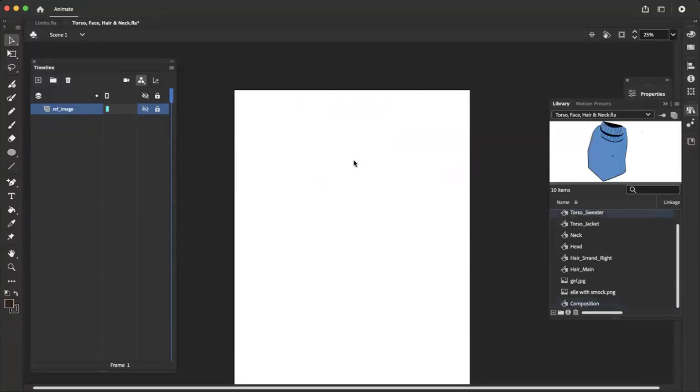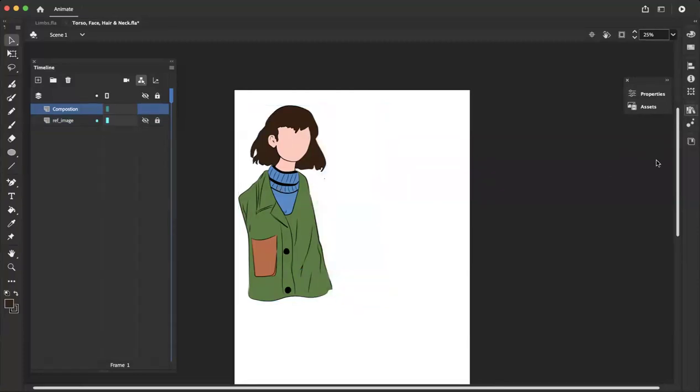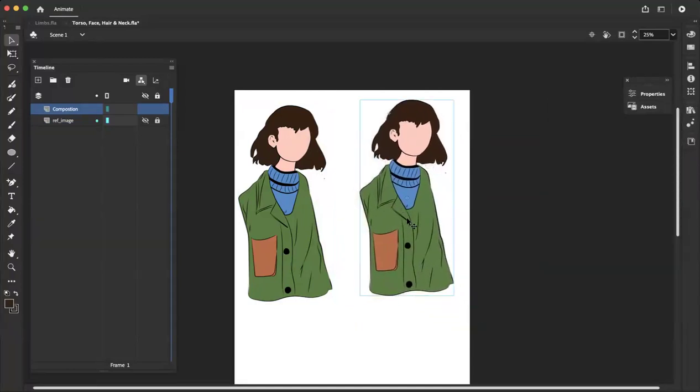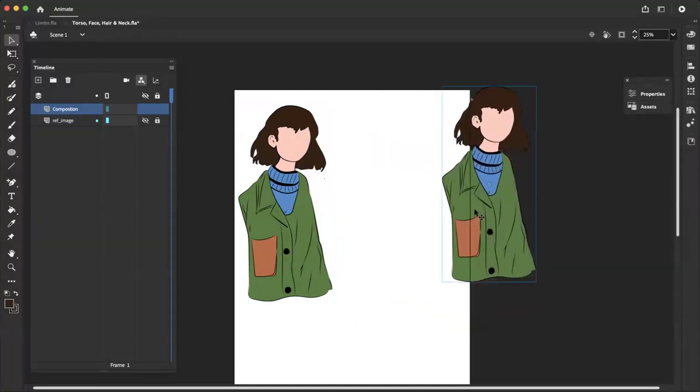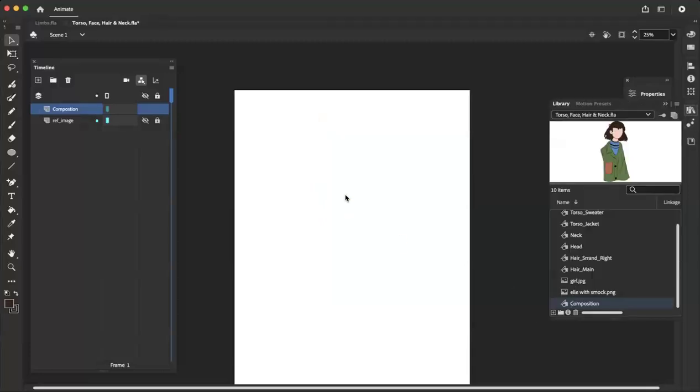Let's step back. Yeah. Now I have my composition here, and you can see that because it's a symbol, I can delete that,